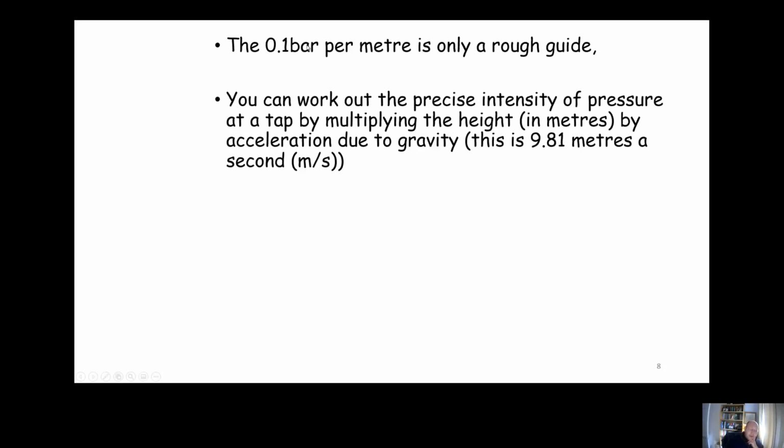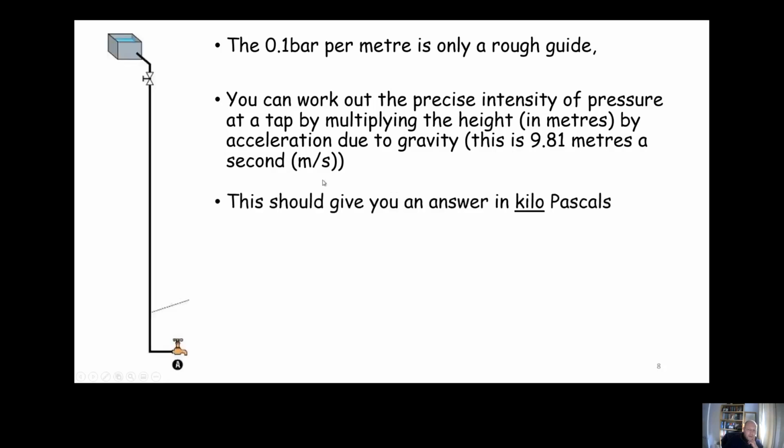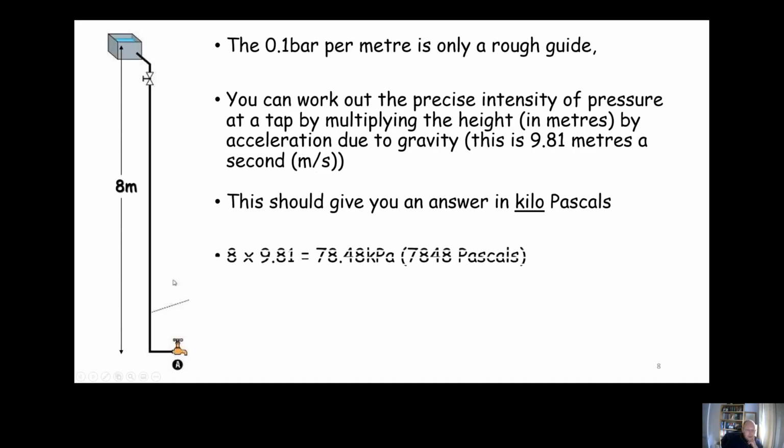Like I said earlier, the 0.1 of a bar is only a rough guide. You can work out the exact pressure by multiplying the height in metres by acceleration due to gravity, and acceleration due to gravity is 9.81 metres per second squared. This gives you an answer in kilopascals. So we'll take this example here with our 8 metres of head of pressure. We take our height in metres, times it by acceleration due to gravity, so 8 times 9.81 gives us an answer of 78.48 kilopascals. Bearing in mind it's kilopascals, which means 1,000 pascals,